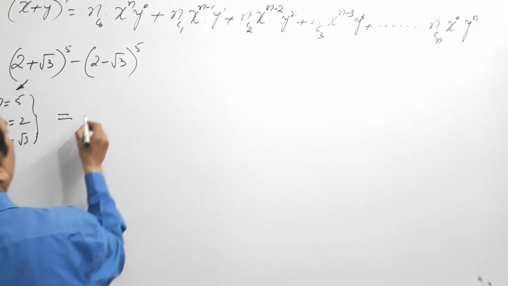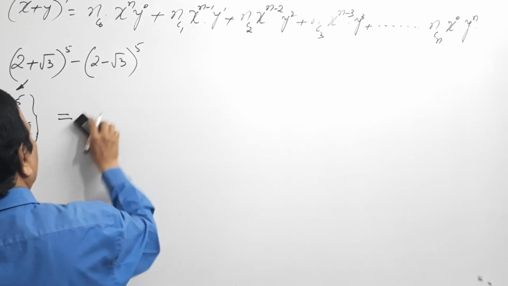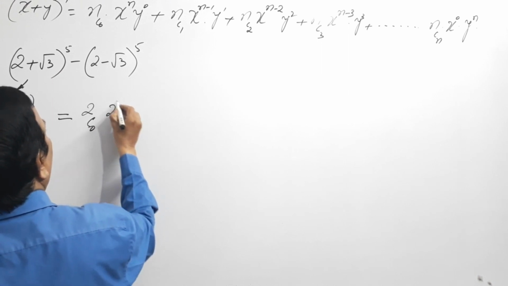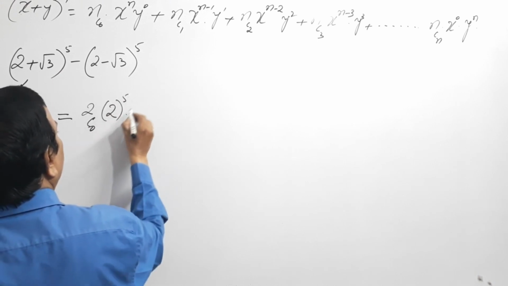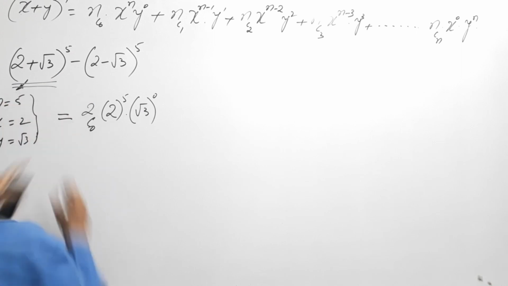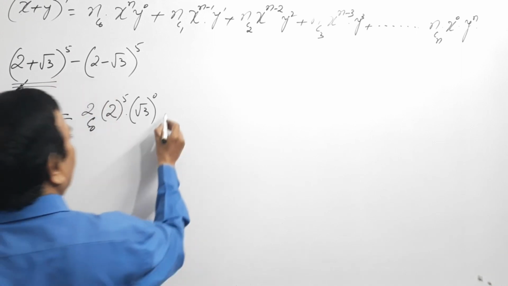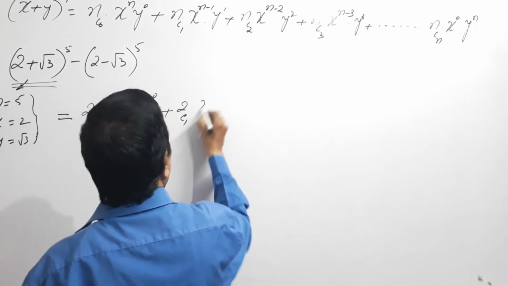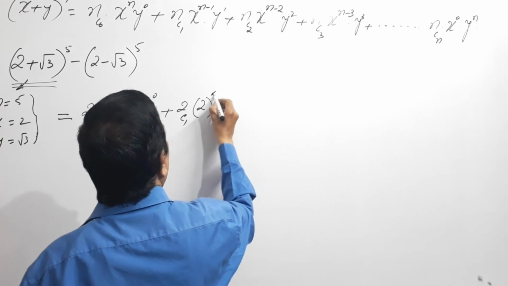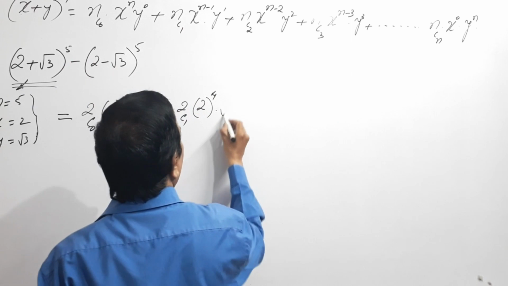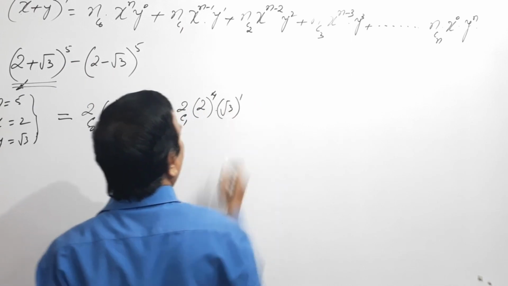This is equals to, this is nC0, it is 5C0 2 to the power of 5 into root 3 to the power of 0, first term. So I am only thinking about this value, don't worry about this. So plus 5C1 2 to the power of n minus 1, that is 5 minus 1 is 4, root 3 to the power 1